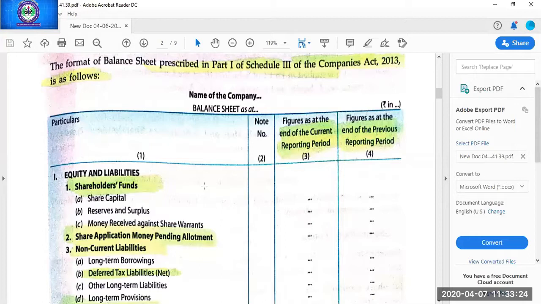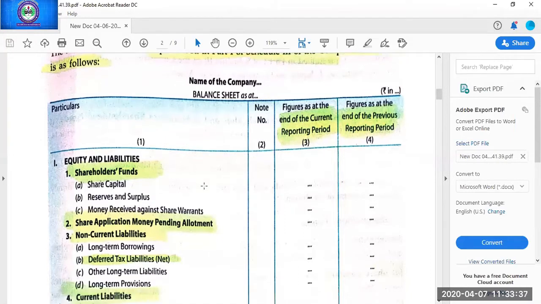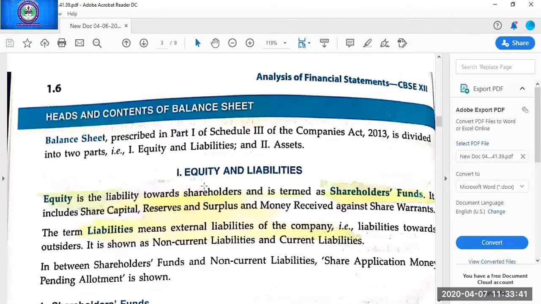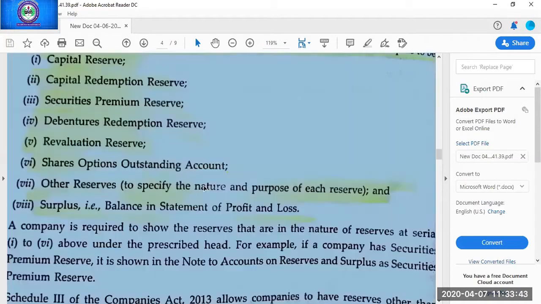So here we have to study the complete balance sheet, but I'll keep on telling you that this is a non-evaluative part. Non-evaluative part means it will not be discussed in your examination. So you have to just put a cross on that part. Okay, so now I am coming on the third part, third major head of the balance sheet, which is the